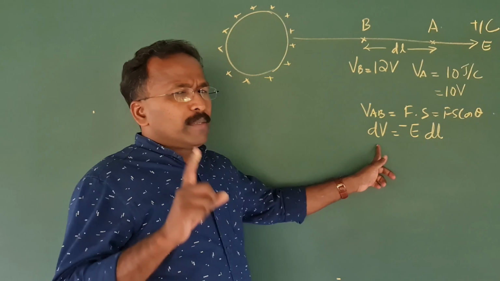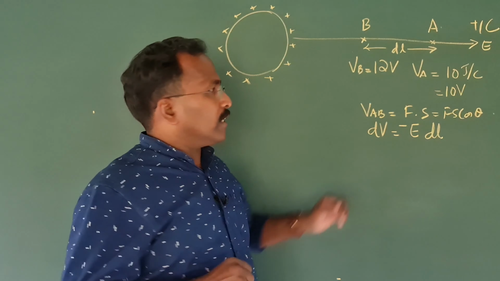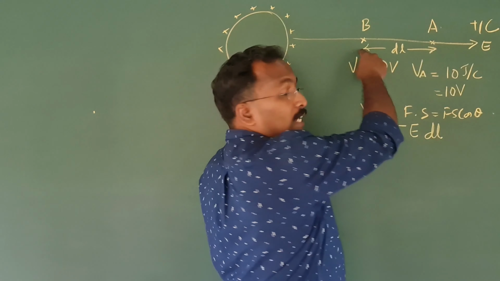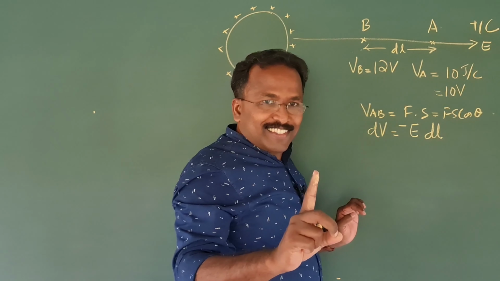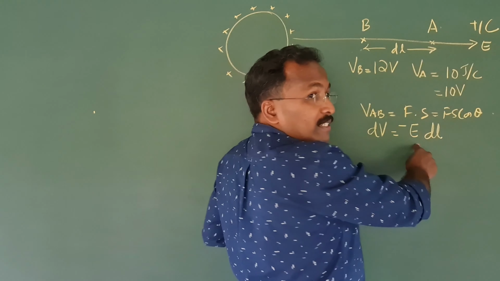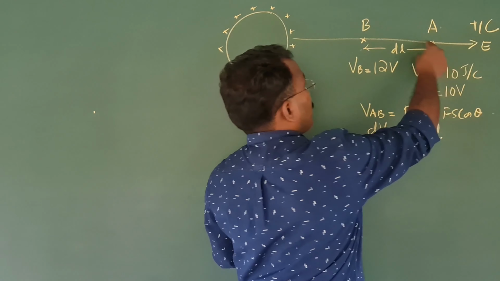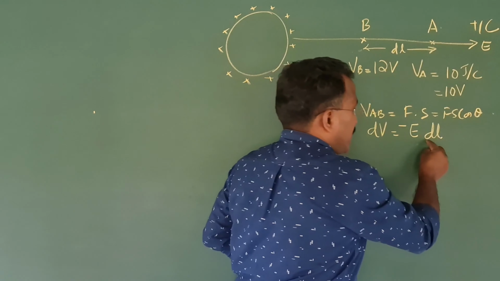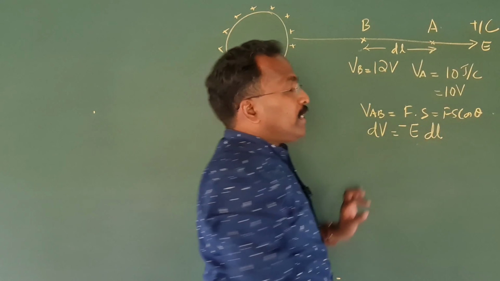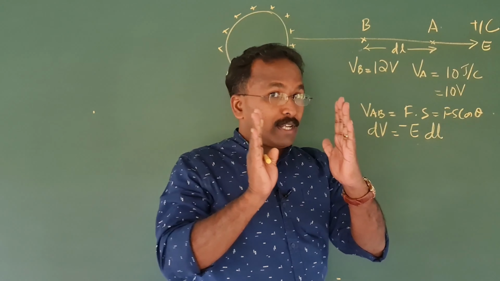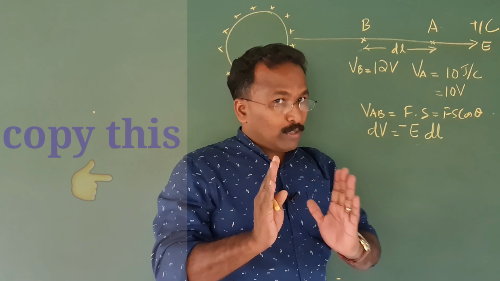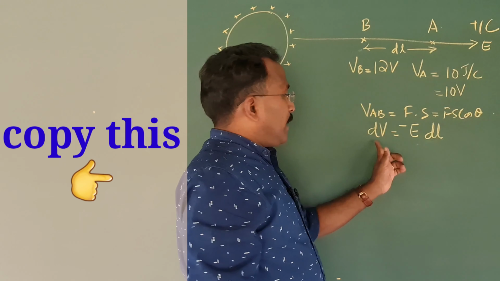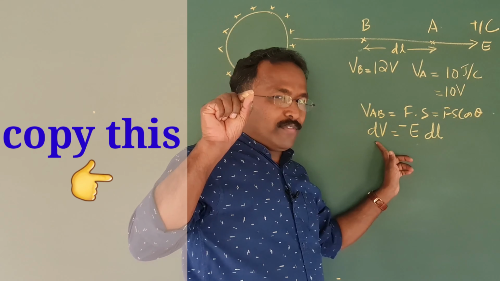You know, there is a problem in this calculation. The problem is the electric field intensity at A and at B are actually different. But we considered the force to be the same from A to B. This can be correct only if dl is very small. That means A and B should not be this far apart. They must be very close. Okay. Then the potential difference is also very small. So that's why I am writing dV here, a very small factor.